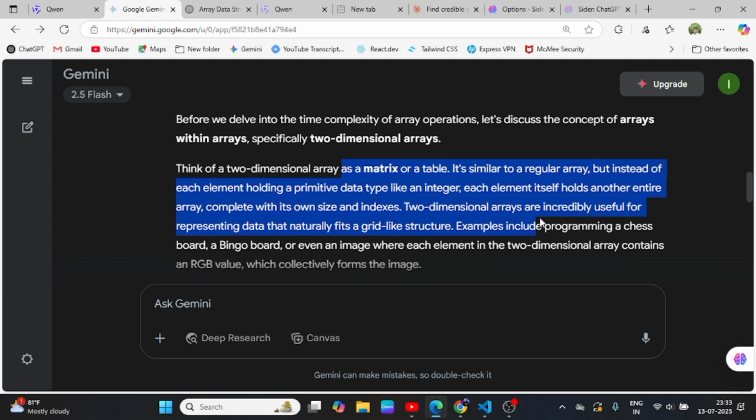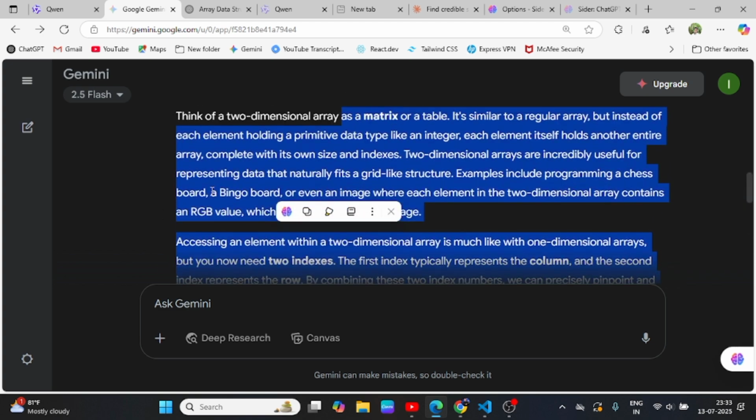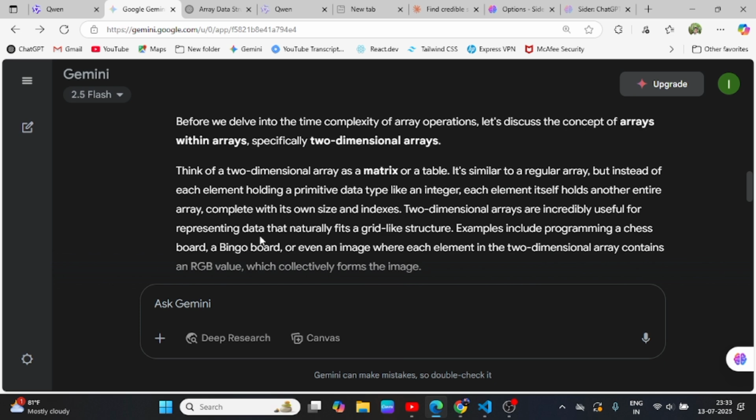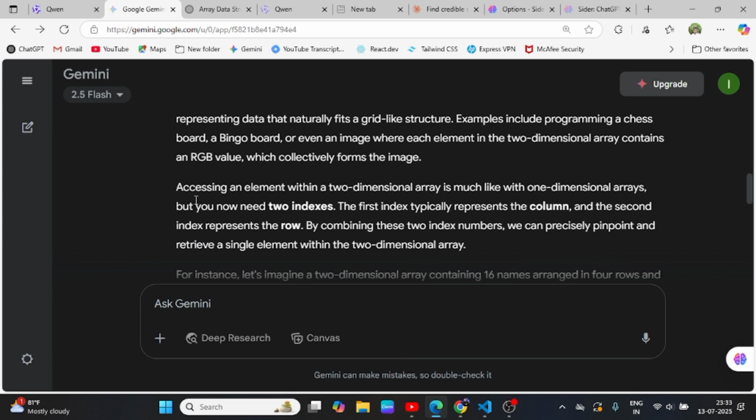Two-dimensional arrays are incredibly useful for representing data that naturally fit a grid-like structure. Examples include programming a chessboard, a bingo board, or even an image where each element in two-dimensional array contains an RGB value, which collectively form the image. Right? So accessing an element within a two-dimensional array is much like with one-dimensional arrays, but